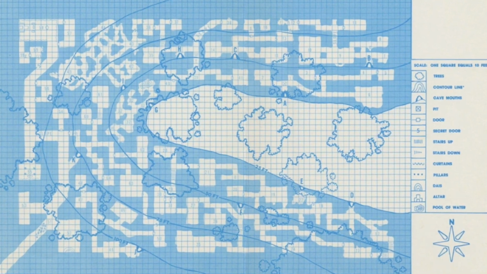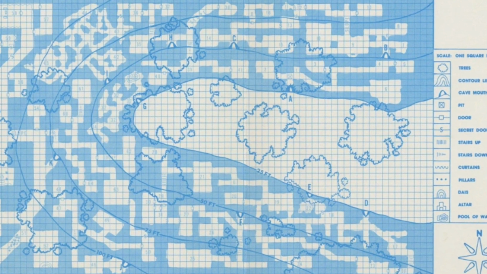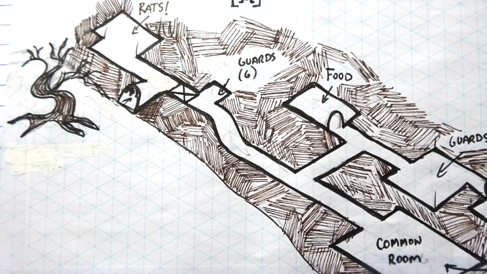So I recently ran 2 games, one for a bunch of newbies, one for my experienced players, and one used a map and one didn't. So I'm going to talk about those today. So for my newbie game, I had 3 new players. One had played the game before, but the other 2 had never played before, and I ran the Caves of Chaos, aka the Caves of Carnage, from the Keep on the Borderlands, and they went into Cave A, the Kobold Lair. Now, when I first described it, I said the cave entrance is in the north face of the cliff,